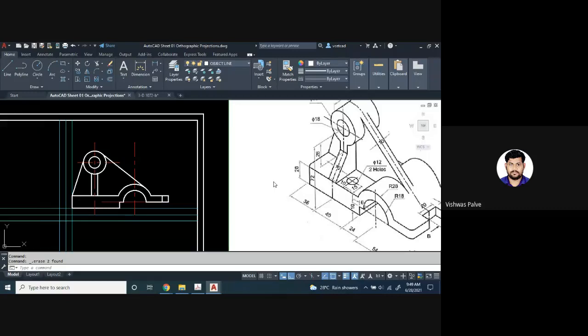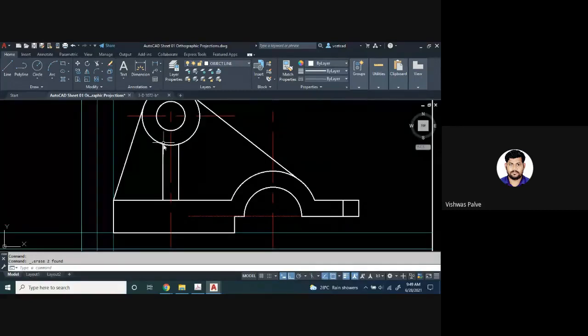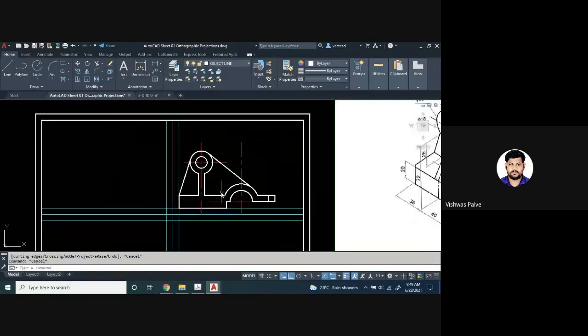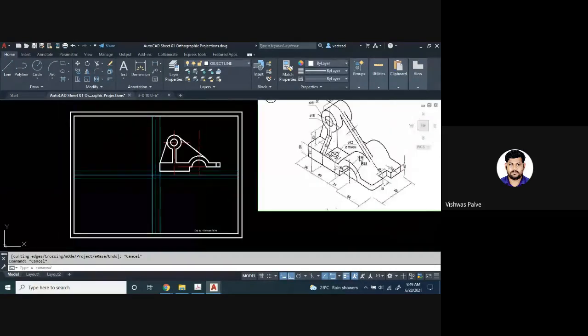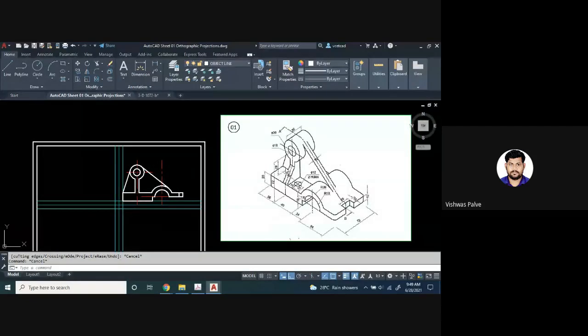So whenever we are going to cut this object into two pieces, what will happen? This will be seen as a uniform material, so there won't be any lines here. Suppose if I want to draw a normal view, in that case, we have to show this line. But when we are cutting this, it is just a vertical plane line. You will get a vertical line there.